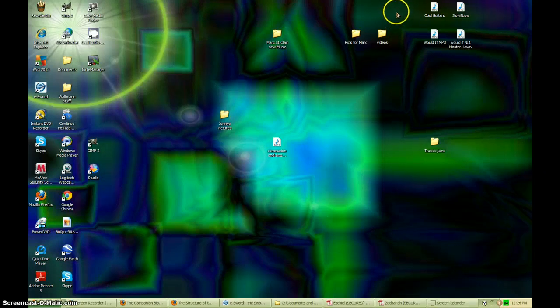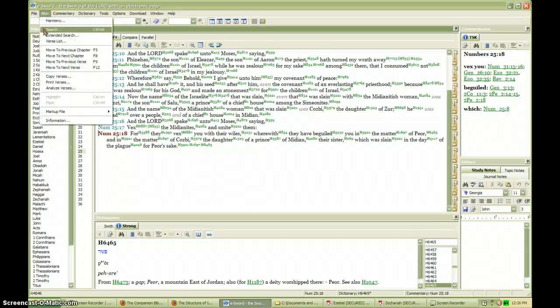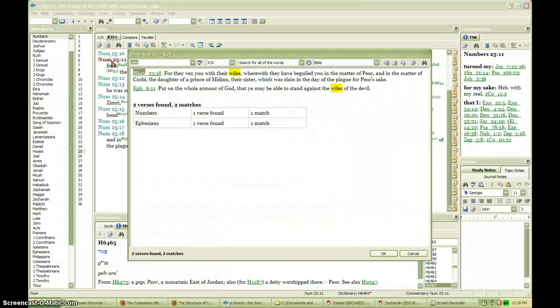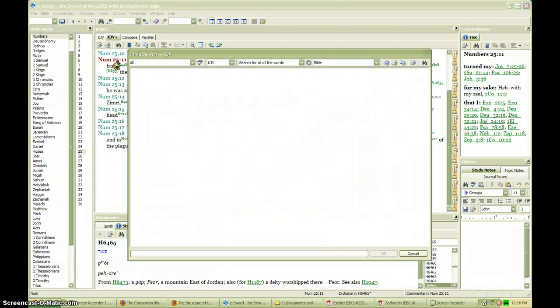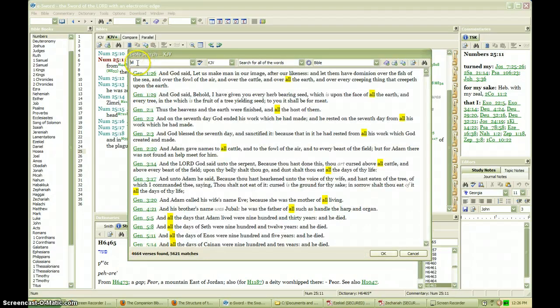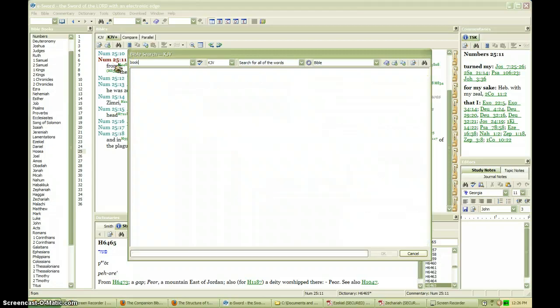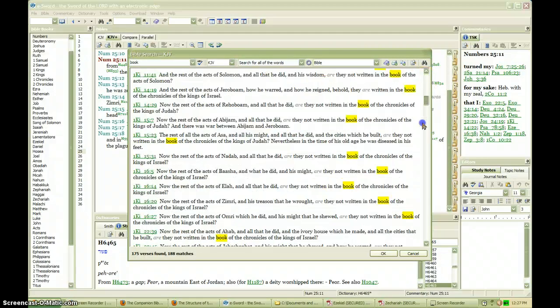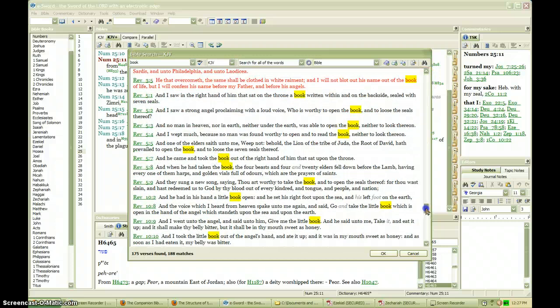Well, the Bible actually says that that's not going to be the case, and I can show you that right here. You could say, well, it says all. All I would have to do is search for "all" and it would come back with a huge amount of word searches, but this will give you an idea how this works. I'm actually not going to use "all." I'm going to use "book," and then